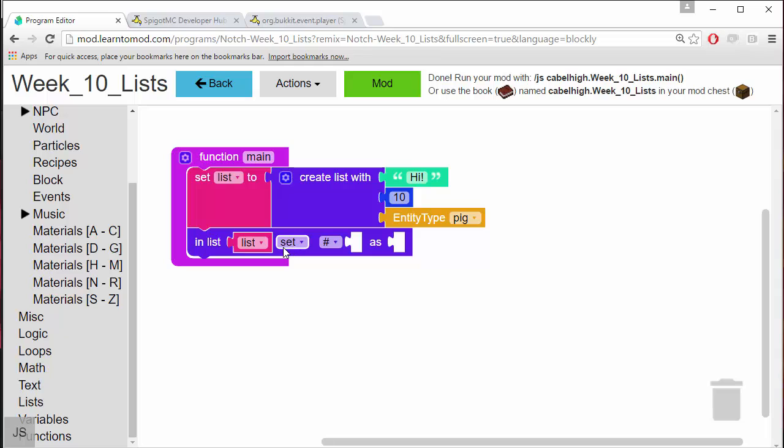So let's say I wanted to replace hi with bye. I wanted to overwrite this entry in the list with something new. So I could use the set option right here. If you click it, you see there's set and insert at. I'll get to insert in just a second. So in list, so this must match the name of that variable that you set. Number blank as blank. So here you put the number of the entry that you want to replace. So remember, this is 1, this is 2, this is 3, etc., etc. So we want to replace entry 1